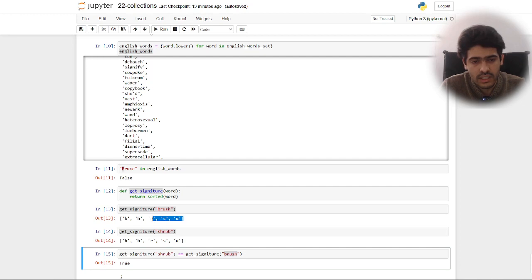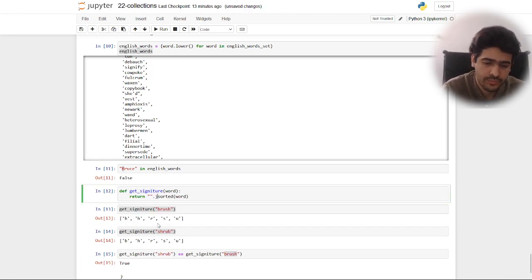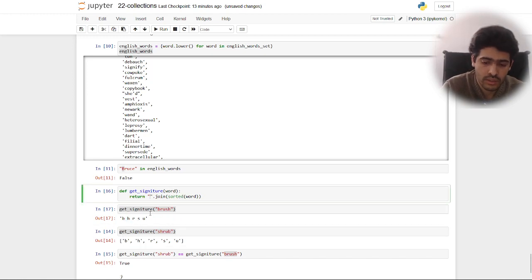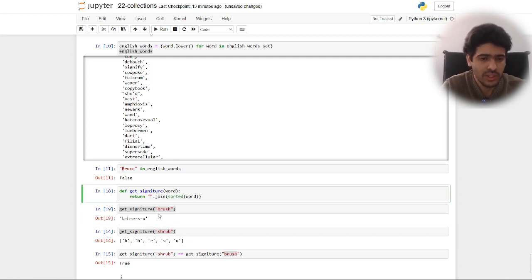Yeah, but the signature of converting it to a list may not be easy to use. So I'm gonna just join the characters from this list. How am I gonna join it? In between, you can put a space like this one. It provides an empty space. You can put a dash. It's gonna put a dash between your strings, or simply you can say, you know what, join the characters of this list